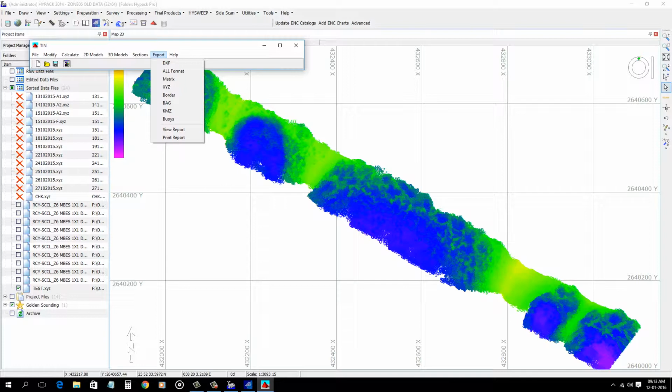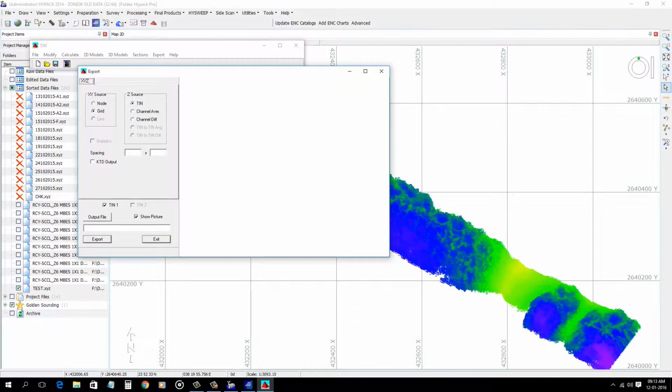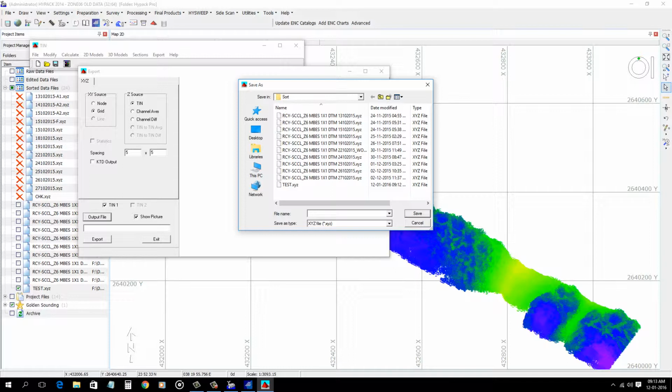Now export once again this data as a grid file, which is your desired grid. For example, now I want this data as a 5 by 5 grid. Output, test grid, 5 by 5.